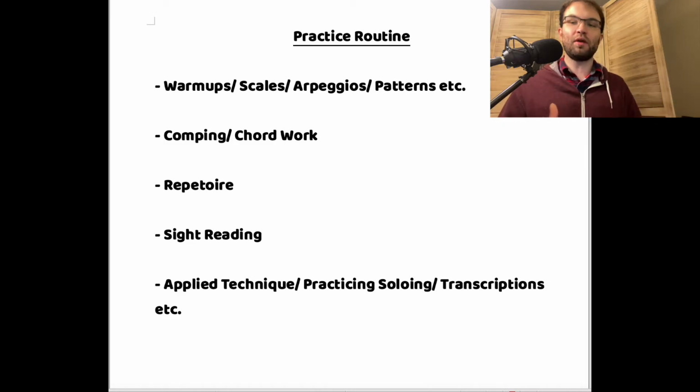And coming up with some sort of way to try to apply these things to a playing setting can be really important. And one other thing that I would say that I would also count in this is doing some transcriptions, which is just great for developing more vocab, picking out a solo, learning some of it. And as you're doing transcriptions, one thing that I always did would be, like, if I was ever transcribing a solo or I had an entire solo written out and I was going through it,